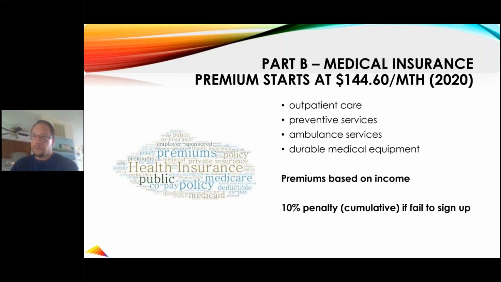So what I tell people is, if you are working and you plan on working beyond age 65, sign up for Medicare Part A right away. No harm, no foul. It doesn't cost anything. The year that you think you're going to be leaving your job, enroll in Medicare Part B. Yes, you're going to be paying premiums for two insurance companies for a period of time. If you retire in June and you enroll in Part B in January, or whenever the open enrollment is, then you pay the two premiums, but at least you're not going to run the risk of forgetting to sign up when you retire or thinking you don't have to.